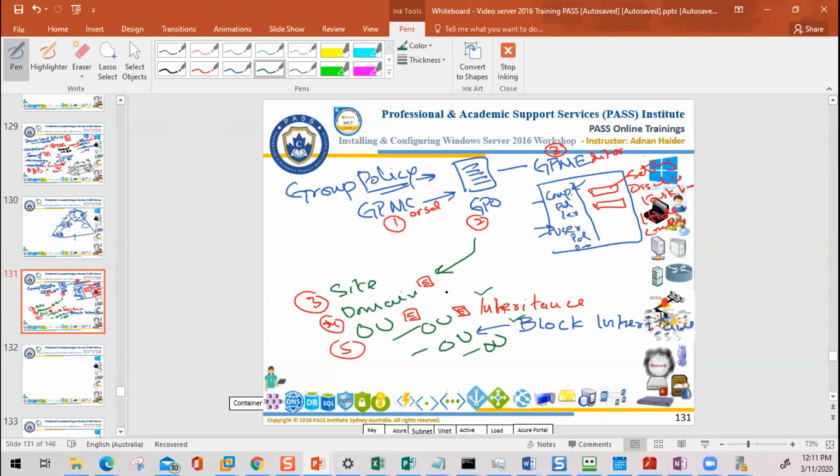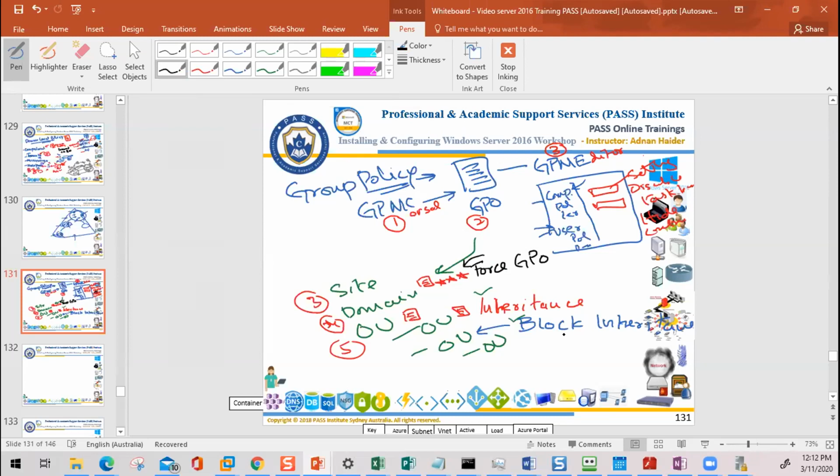But then what happens if there is some domain policy that is very, very extra important? I'm going to put stars here. What if this policy is very important and must be applied to everyone? Let's say you're not interested in some policy. If that is blocked, it's fine, but the domain policy is the one that should be applied to everyone. For that, in group policy, there is something called force GPO. When you create a GPO and select that option, force GPO, then it will override the block